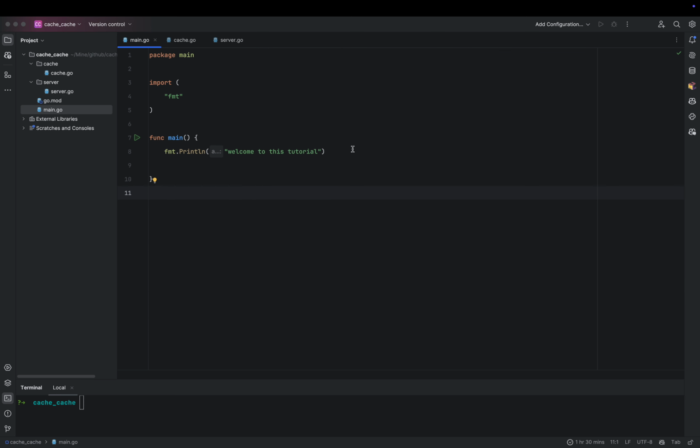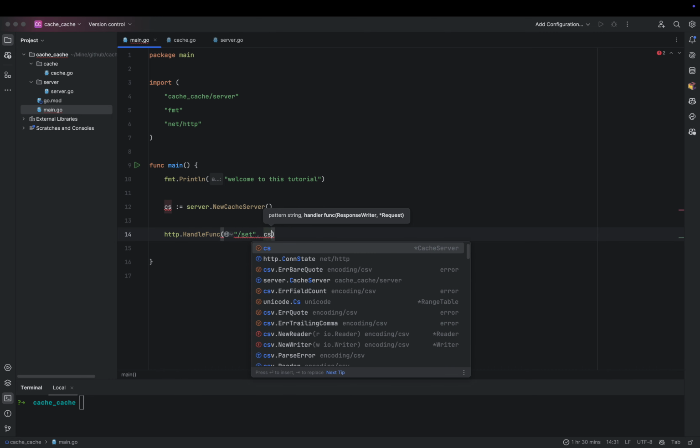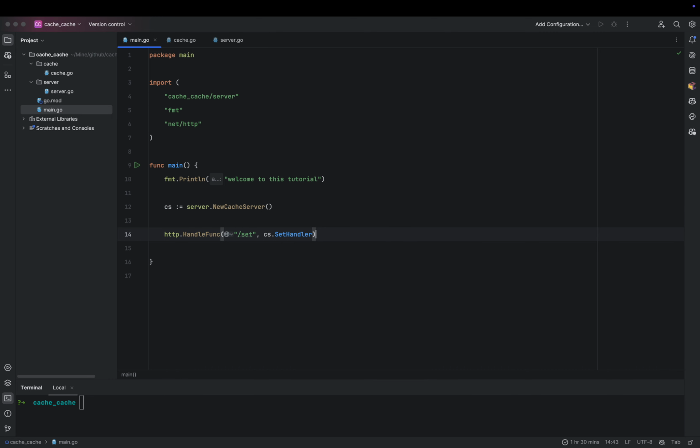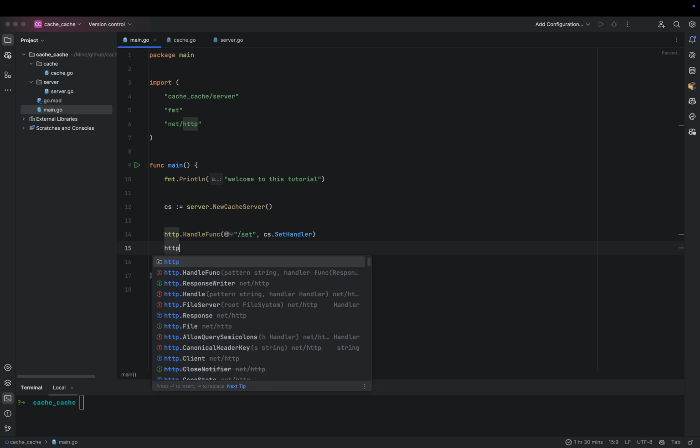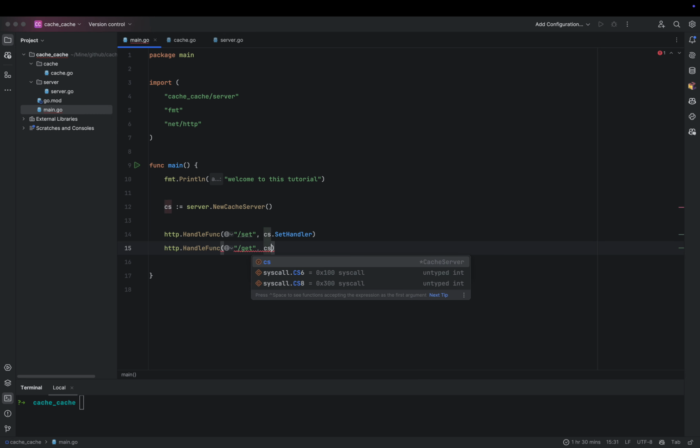And then now let's see, cs equals server.NewCacheServer, and then we http.HandleFunc set, we'll have cs.SetHandler, and then http.HandleFunc slash get will be cs.GetHandler, and then we